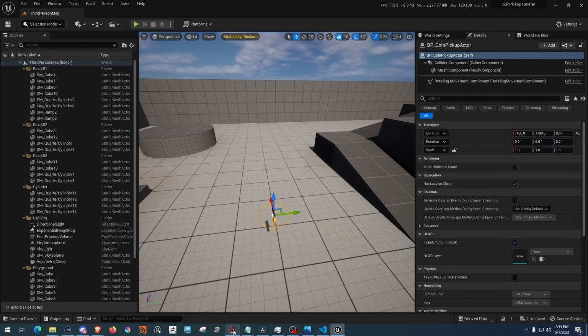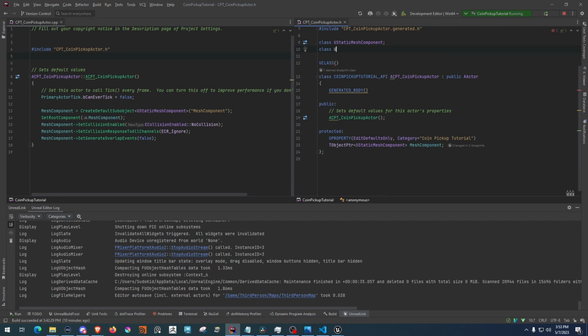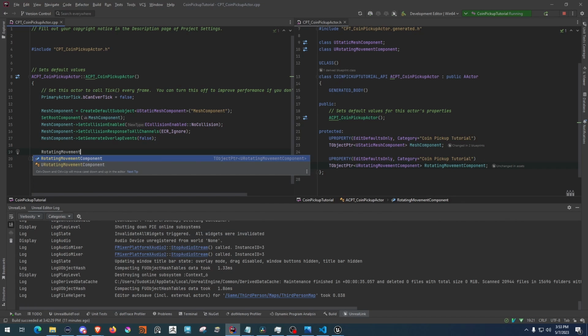Now that that is set up, we want to go back to our C++, and we're going to bring in the class rotating movement component, and we're going to copy the static mesh, but change it to use a rotating movement component. And we're going to call this rotating movement component, right? And then we've got to add that to our object here, right? So we're going to do rotating movement component,